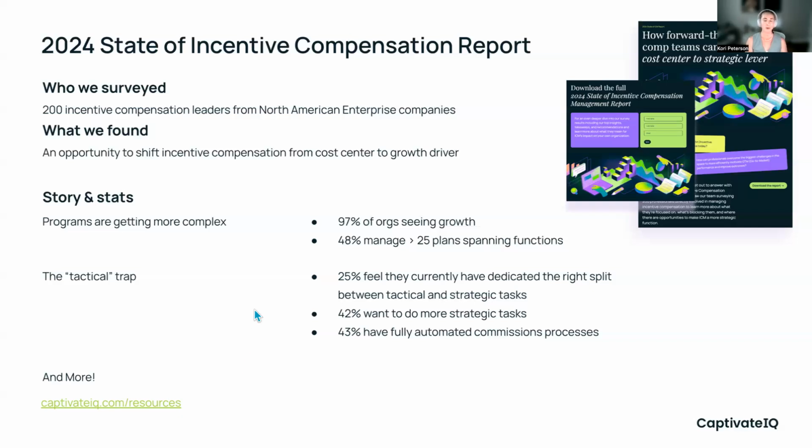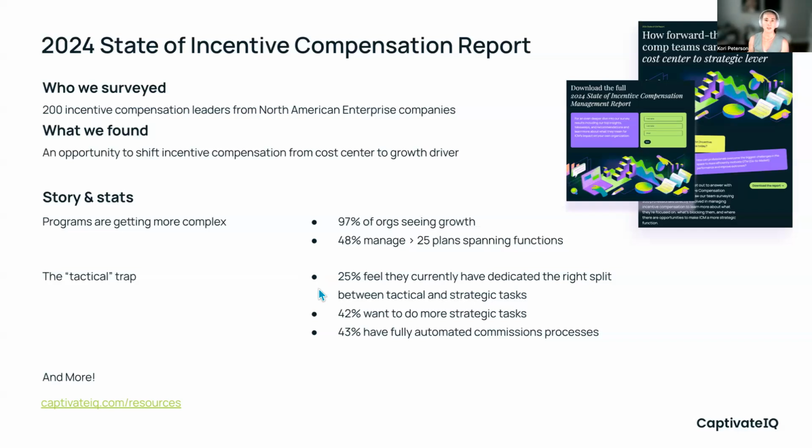But today we're going to focus on the tactical trap. What I mean by that is the trap of having the majority of what you're doing in your day-to-day be those administrative tasks, the tactical tasks, where you're clicking the button to process the payouts, you're manually QAing your errors. All of those I'd consider tactical items. We want to help you shift to more strategic work, open you up for strategic tasks, help you become a growth driver, and all of those great things.